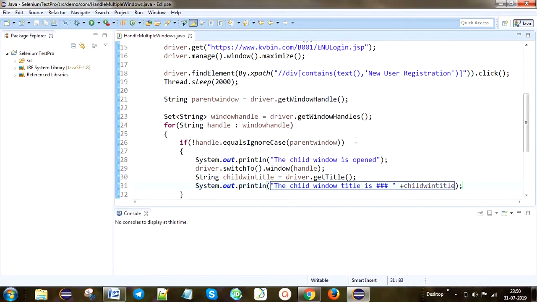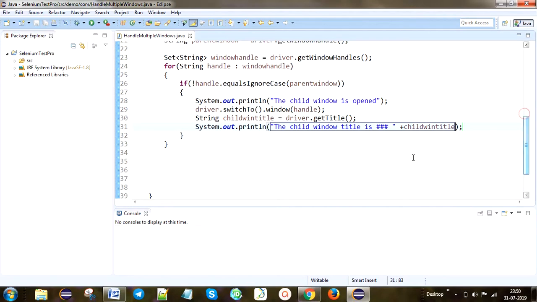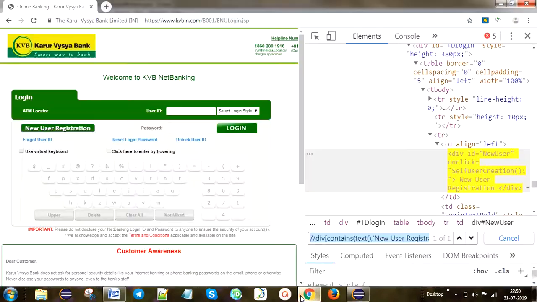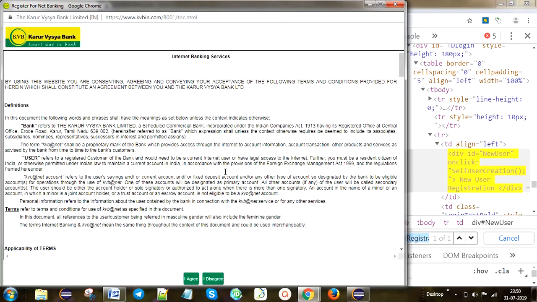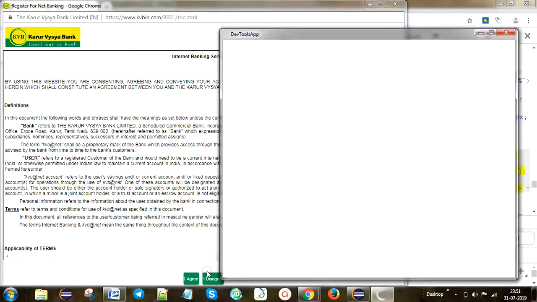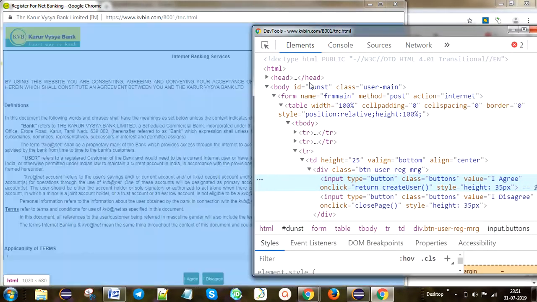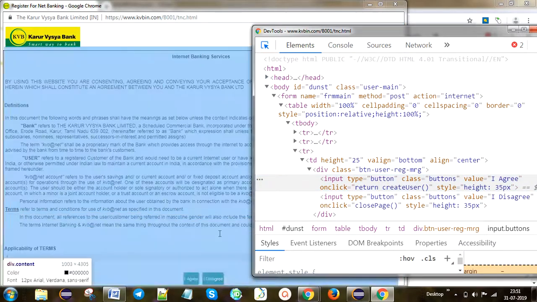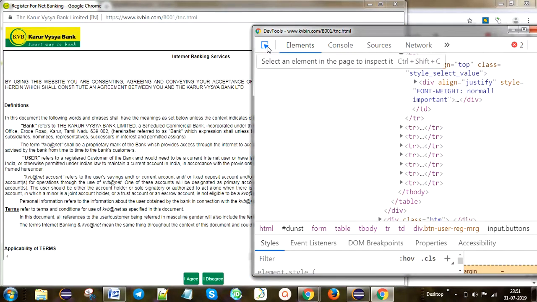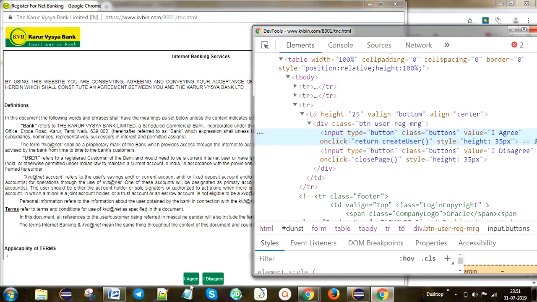Okay, so after that I am going to perform, already I told you, right? Once we click on this one, we are getting this child window. Here I am going to click on this agree button, correct? So here we want to take the XPath for this one. Right click, inspect. Okay, again on another child, inspect element, it will be displayed. Click on the inspect tool, move the cursor to that button.